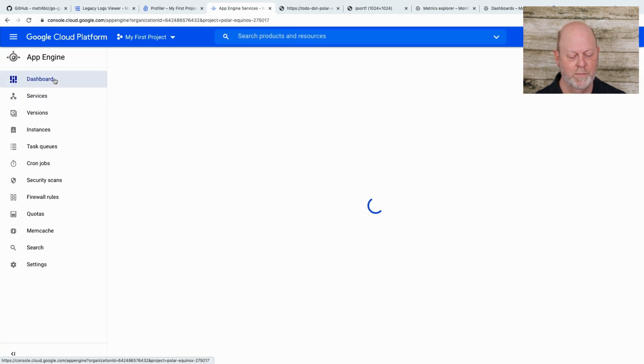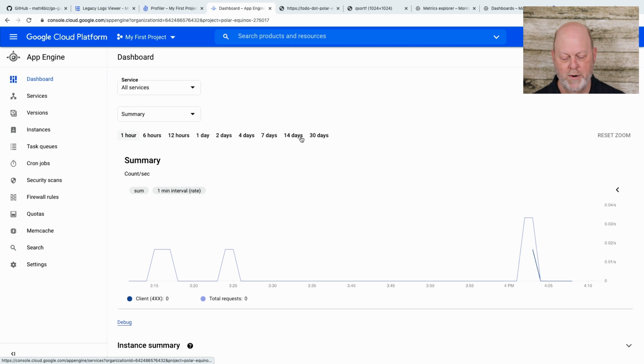Okay, so why am I doing this? Well, I can go look at the traffic. If I go back to my dashboard, this right here gives me one way of looking at traffic. I can see that I've got requests in my app. I can drill down a bit more than that,